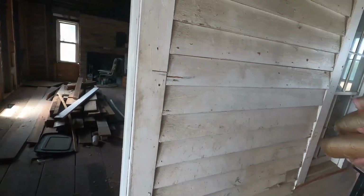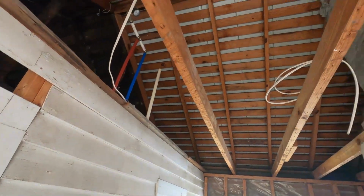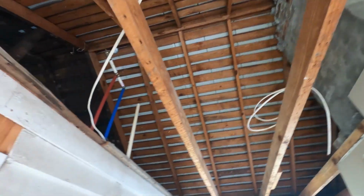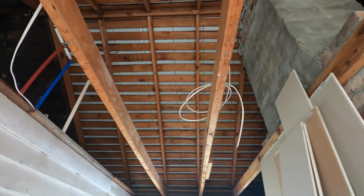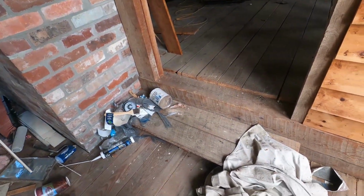So we got to have some modern conveniences. We got to have air conditioner and stuff like that. But the hot water heater is going to go up above the ceiling here, and that's what all those pipes are for. And so I just wanted to show you this step right here is not original to the